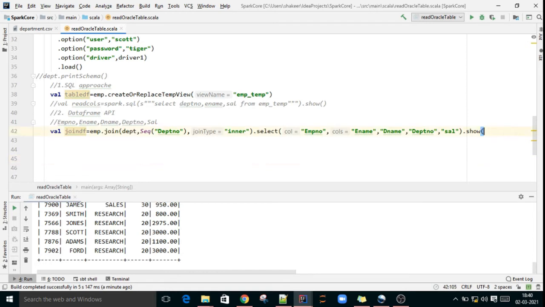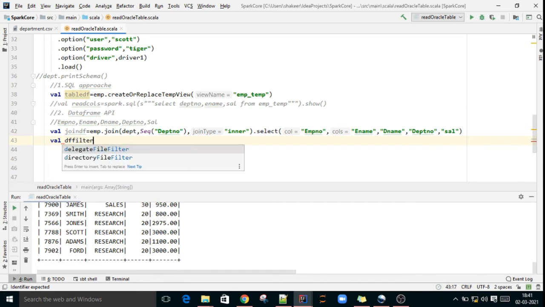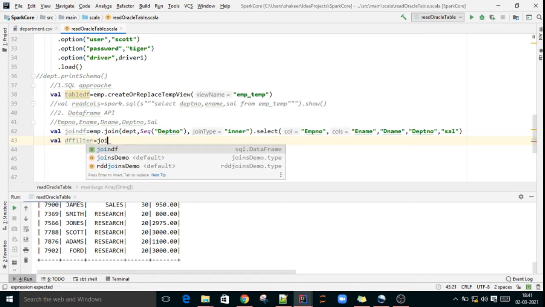Suppose, for example, if you want to filter data from join df.